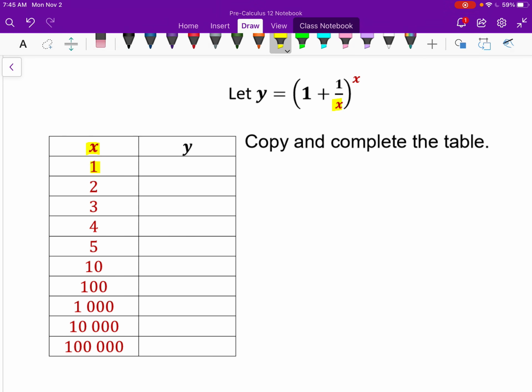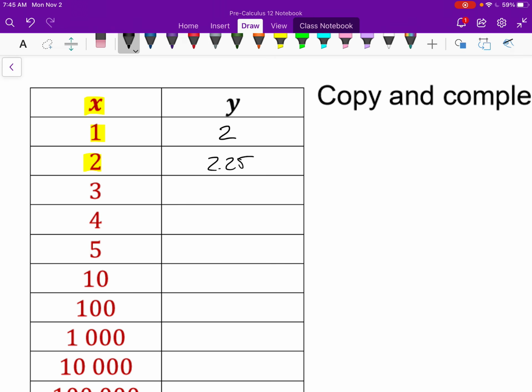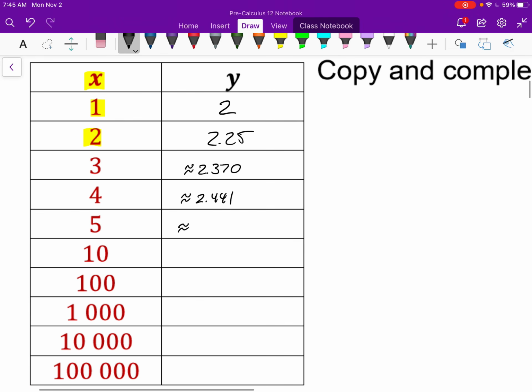For example, when x is 1, this function is 1 plus 1 over 1, which is 2, to the power of 1. So 2. When x is 2, this is 1 plus 1 over 2, so 1.5 to the power of 2, which is a little bit bigger than 2. It's 2.25. If you do the same for the rest, when x is 3, you get about 2.370, rounding each of these to 3 decimal places. When x is 4, you get about 2.441. When x is 5, you get about